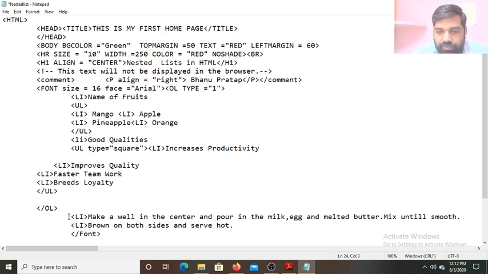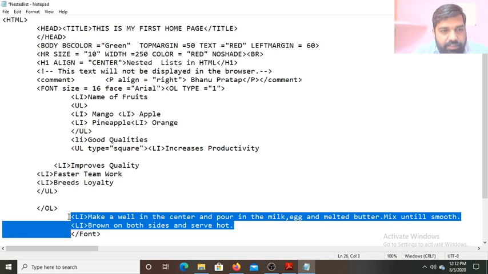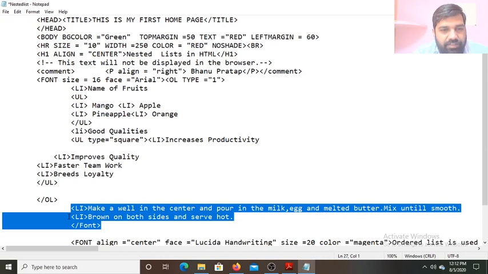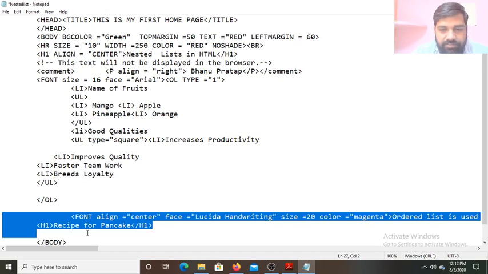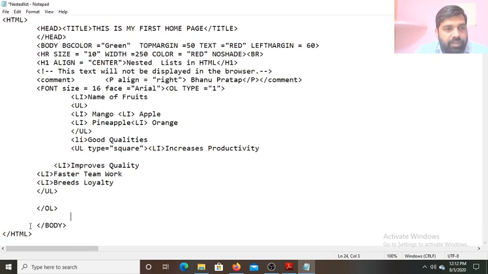This one is deleted, it is not needed anymore. Now we have one font tag, align center, face handwriting, size 20, color magenta, used to ordered list. Erase it, that is also not needed.